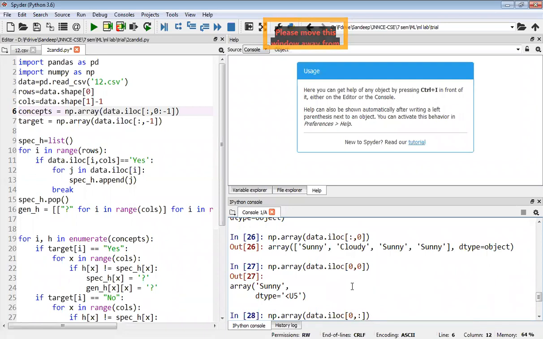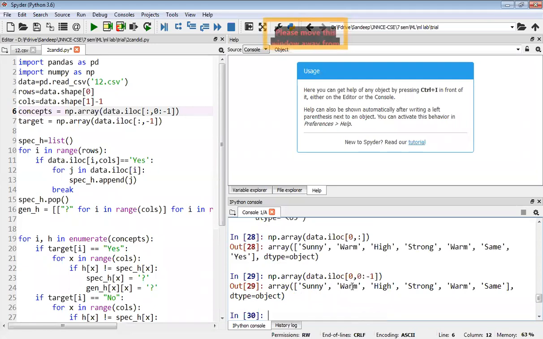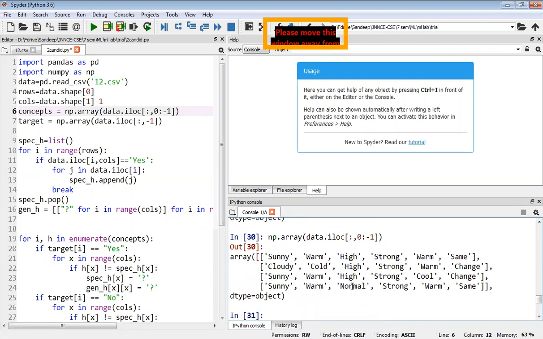If I put colon here, first row, all the columns, including yes. Same, if you put 0 to -1, that means all the columns except the last column. Instead of 0, if you put colon, it means all the rows. Is it clear?